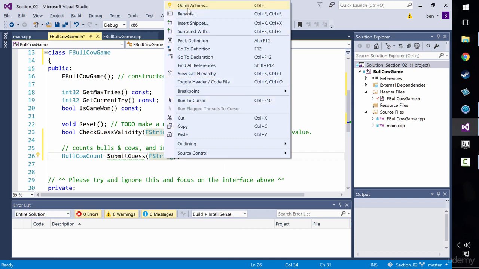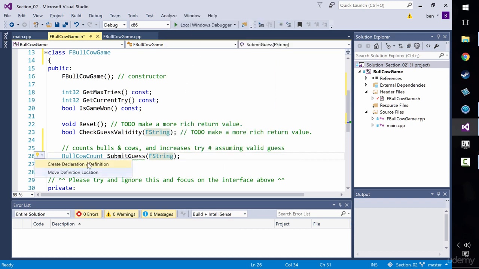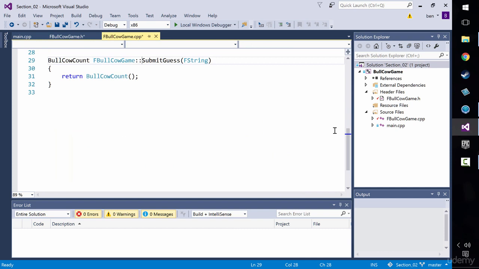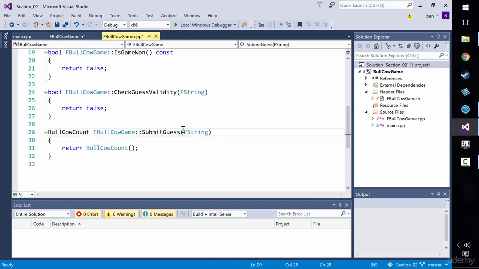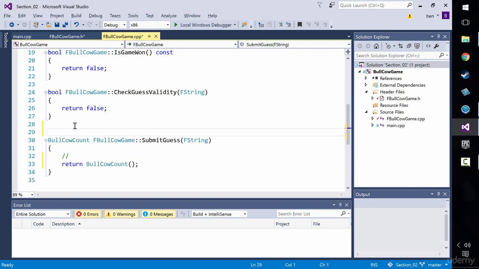So you go to quick actions and then create definition and then go over to the game CPP file. Fantastic news. Okay, here we are. So before we do anything, let's pseudocode this before we even start. So what are we going to do? Well, as soon as we get in here, we've received a valid guess. Let's outline what this does. So receives a valid guess, increments